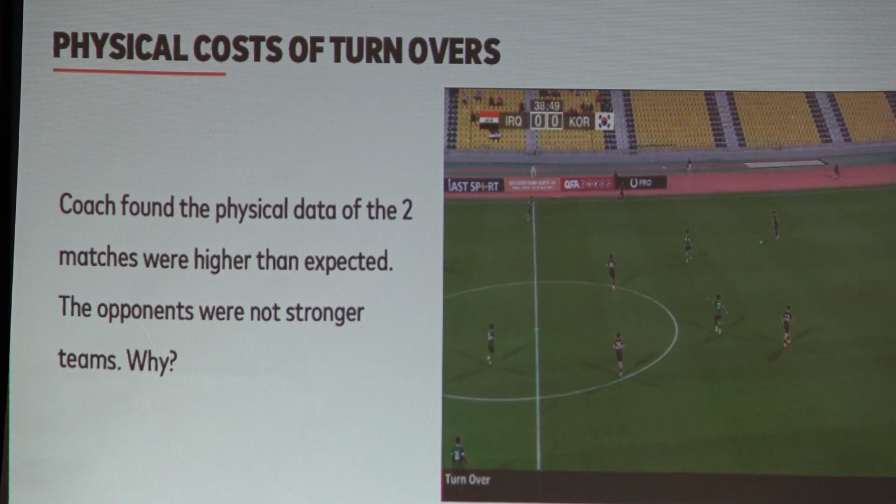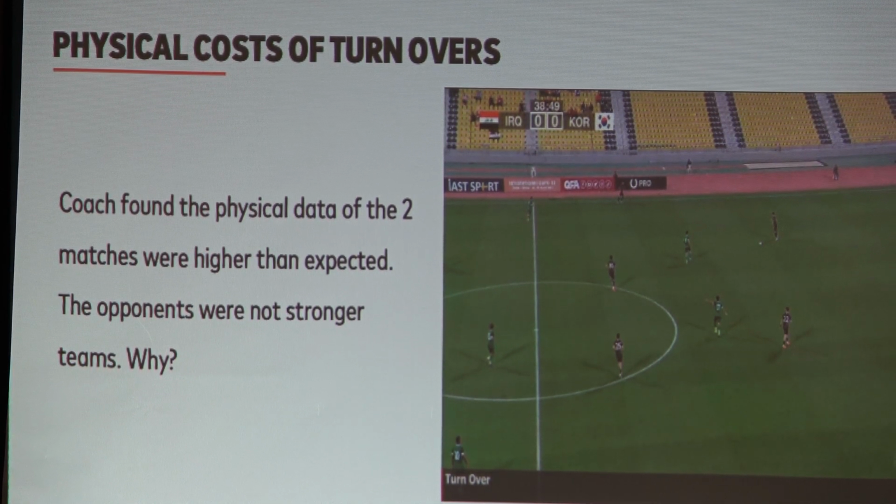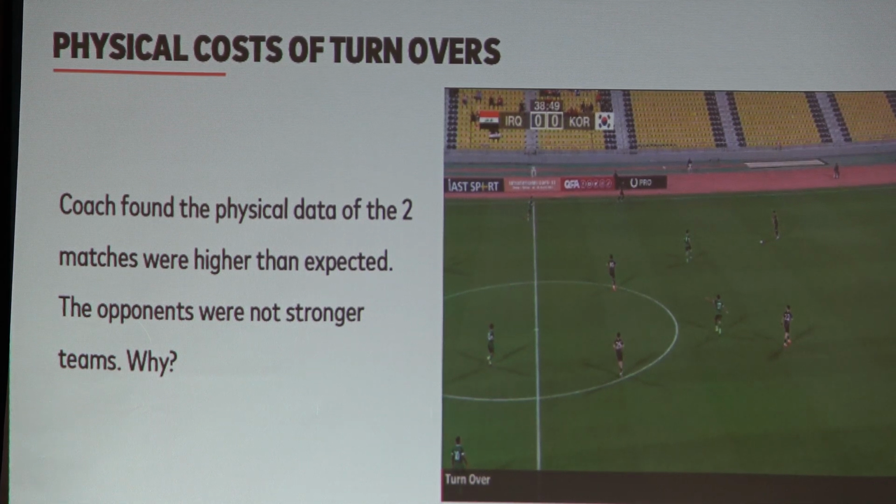because their opponents were not really strong. Which team is it? Korea or South Korea. Iran? South Korea. And my colleague was trying to find out why, and then he found a